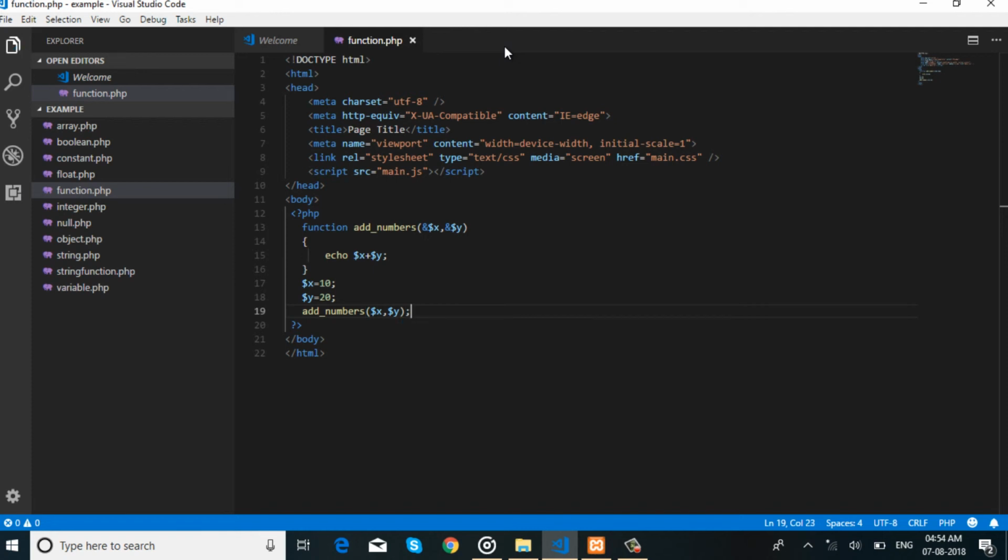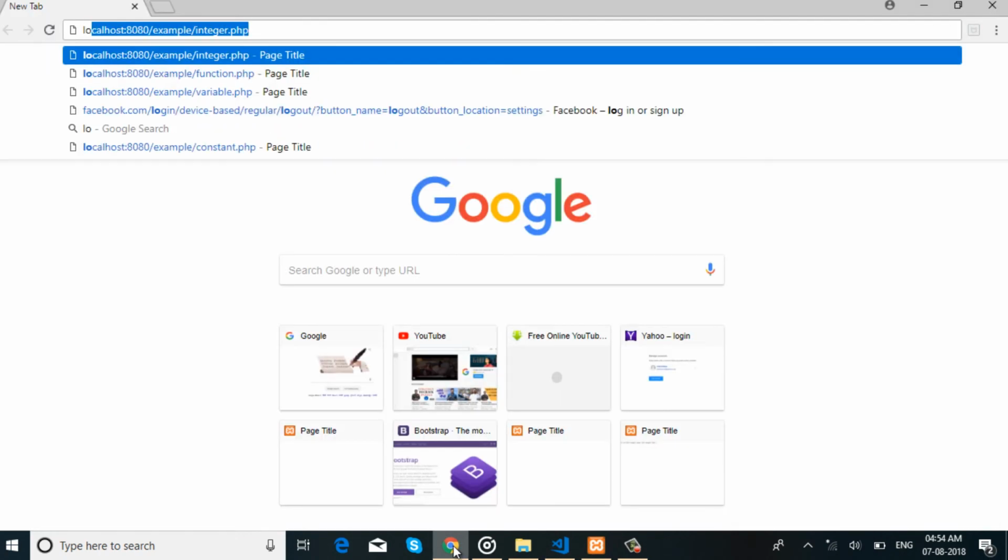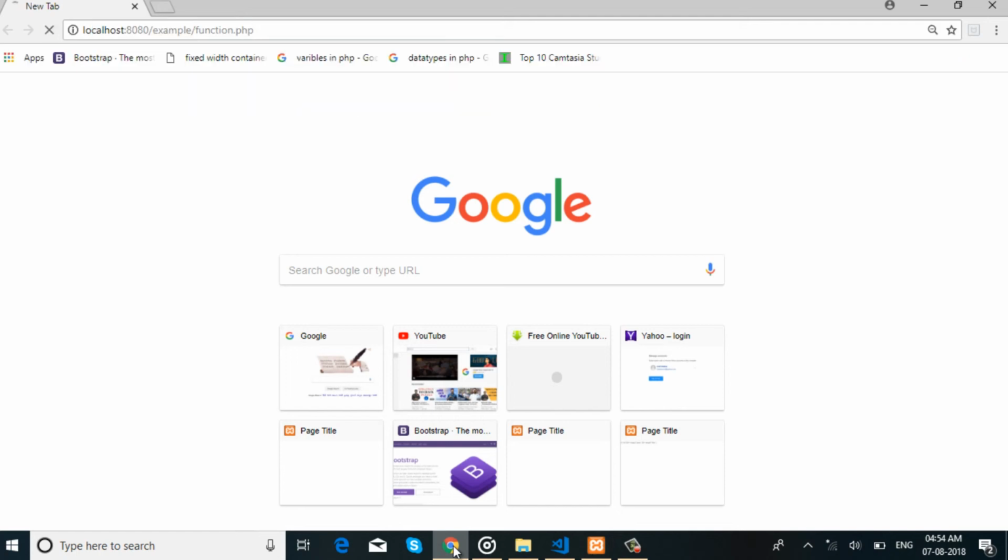Save the code. Let's run the program. The output of the code will be 30.